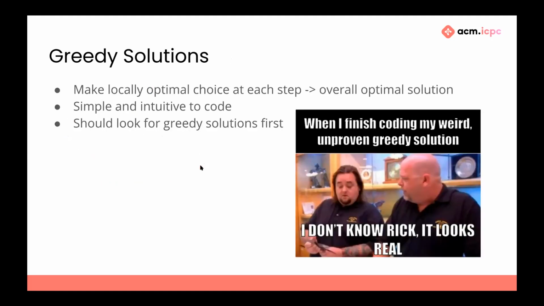So this solution that we talked about is called a greedy solution. And that's because at each step, we make the locally optimal choice. So at each step, we just compare it to the previous element, the previous max, and if it's bigger, we include it in the solution. So a greedy solution is where you make the locally optimal choice at each step, and that creates the overall